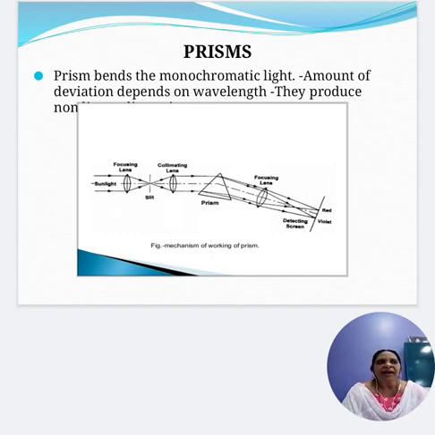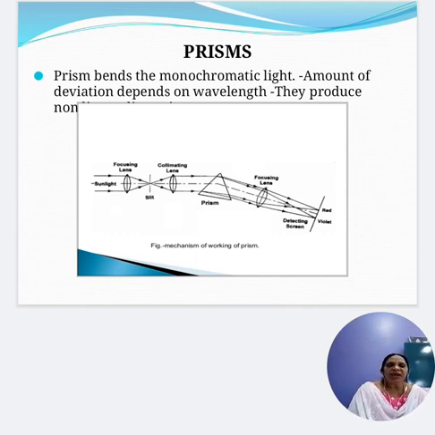The beam is rendered parallel, so that when the parallel beam of two rays falls on the prism, the rays get dispersed. Refraction takes place at the surface of the prism, and you get two refracted rays. When you use two radiations, you have two incident rays. When the two rays are refracted based on the principle of refraction, you get two rays which are bent away from the normal.